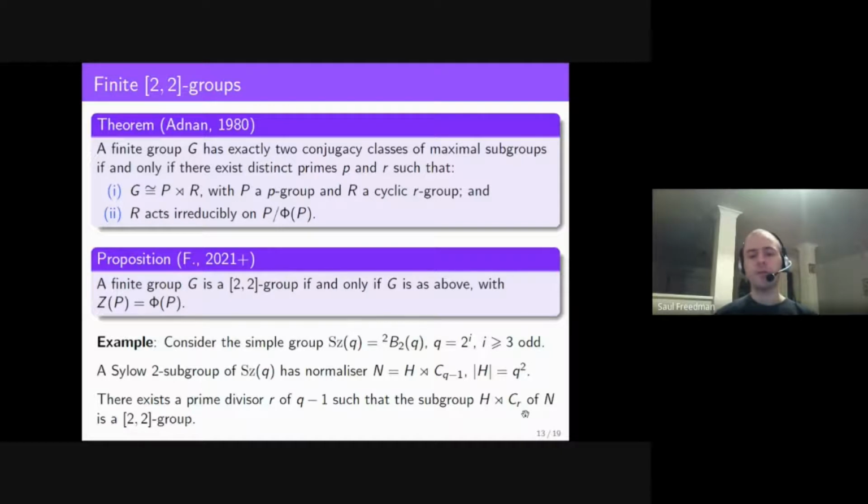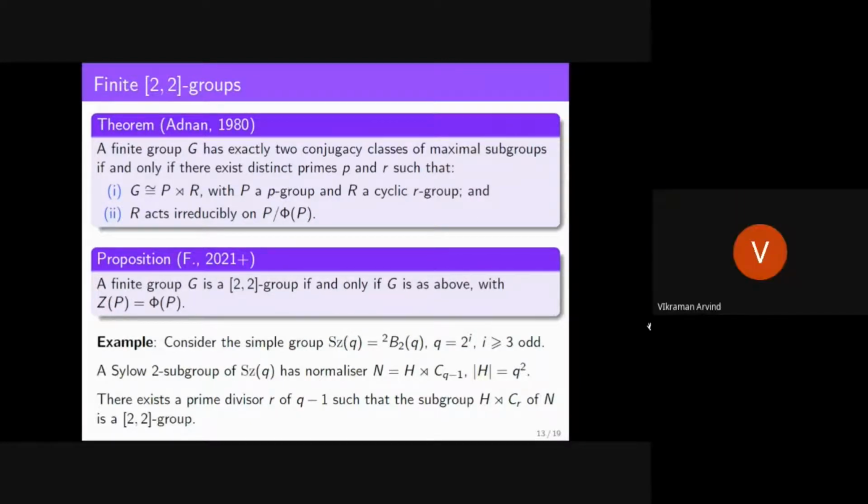There are also examples of 2-2 groups of odd order, and also examples of 2-2 groups where this cyclic R group does not have prime order, so it has order a power of R. And in fact, the smallest 2-2 group has order 96. Okay, so that's all that